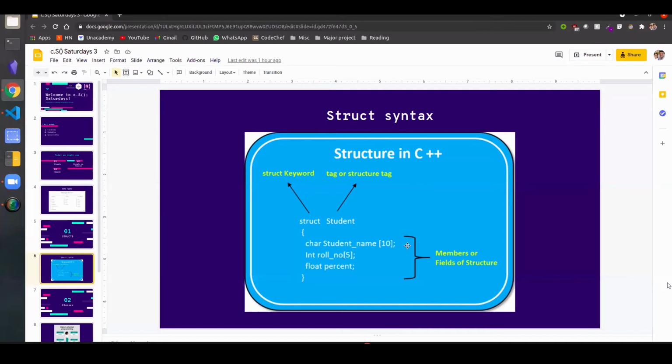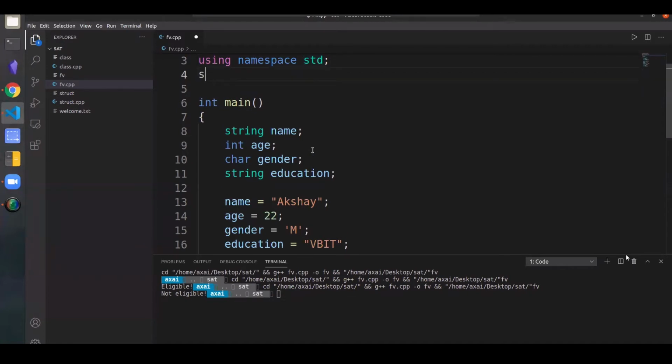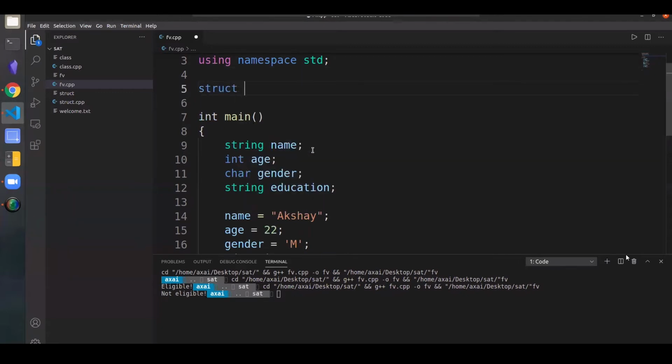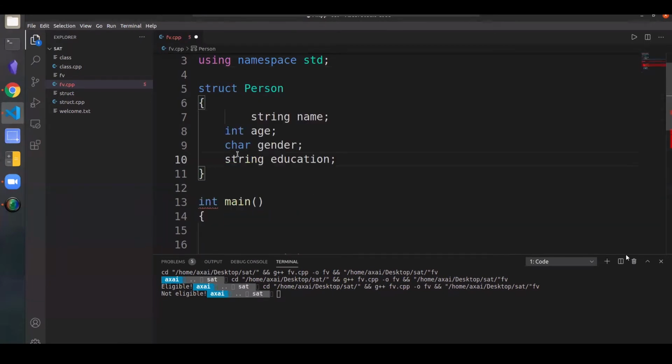We use structures. So a structure is an abstract data type. It's a user-defined data type. In structures we don't have to do this again and again. All you have to do is define the prototype of the person, right? So let me try and demonstrate that. Struct person, right? I'll just copy all of these things. Okay, so now I've defined the prototype of a person.